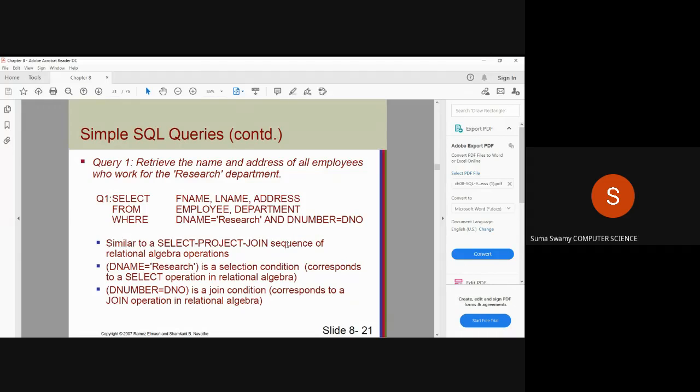What is D number corresponding to research? Ma'am, we don't have the data. You don't have data. How come you don't have the data? Nobody has the data?